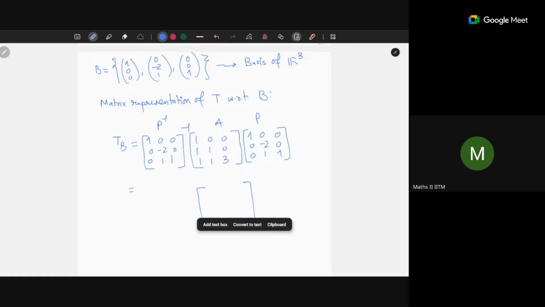Sorry, which one? Your P inverse should be 1 0 0, 0 minus 2 0, 0 1 1, right? No, I have not found the inverse of it yet. I've just written down a minus 1. I will calculate the inverse. So it is 1 0 0. The second row would be 0 minus 2 0, and the third row would be,